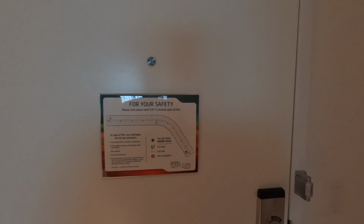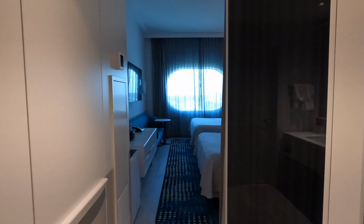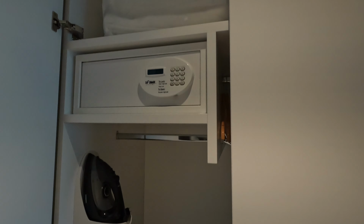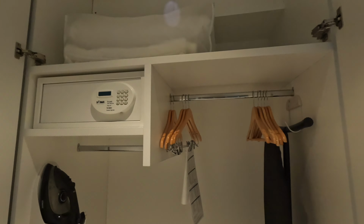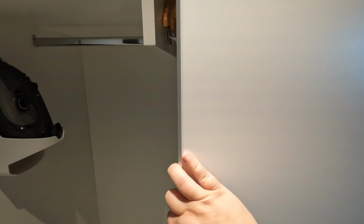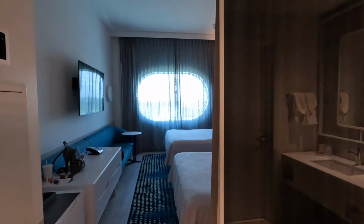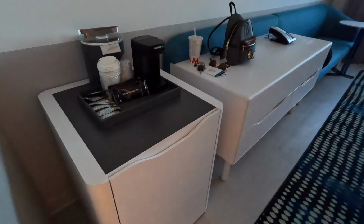Alright, so we're starting at the door of our 2-queen standard room. Looks like pretty much everything is a standard room here, and the only difference is the view, and so we have a standard view. You come in and we have a closet right here. So you've got a safe, extra sheets and hangers, ironing board, and luggage rack. And then we continue in. The bathroom is immediately here on your right. We'll come back to that. And then you have